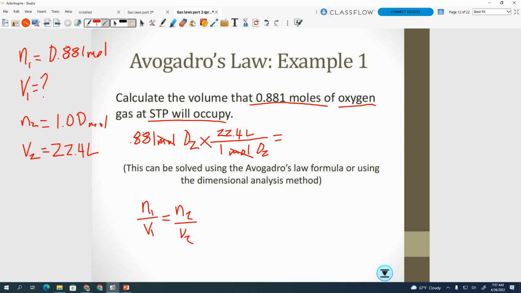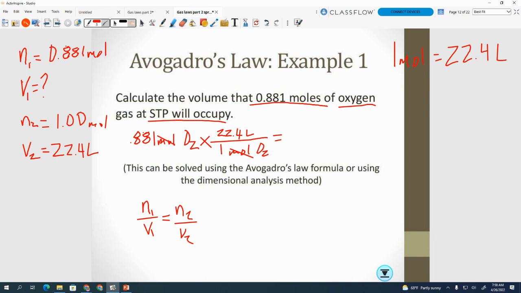Standard temperature and pressure. Standard temperature is 0 degrees Celsius. Standard pressure is 1 atmosphere. But we established that there's a relationship at STP. 1 mole always equals 22.4 liters. All right. That's an established constant. So we can use it either way. I just would typically prefer to set it up like that. So you can go ahead and try to solve it the other way